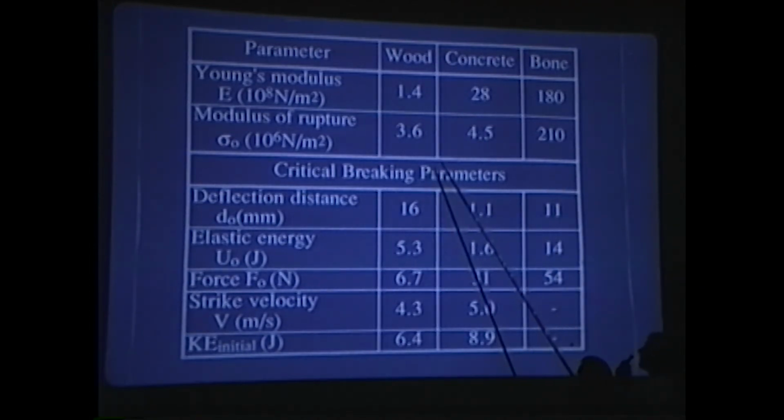Furthermore, in terms of the modulus of rupture, you can see that wood and concrete aren't that different. But bone is enormously higher. That means it takes much more stress to be able to break a piece of bone. So now these are some of the clues that we're beginning to see as to why it's so easy to break materials with